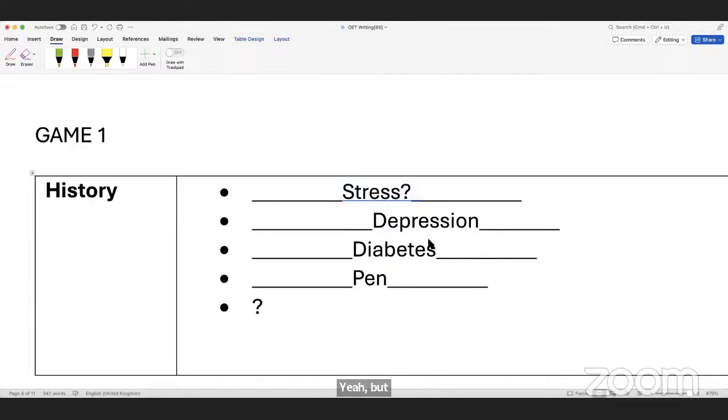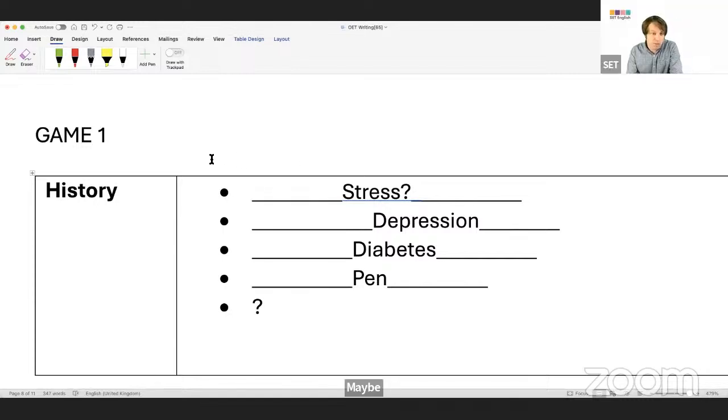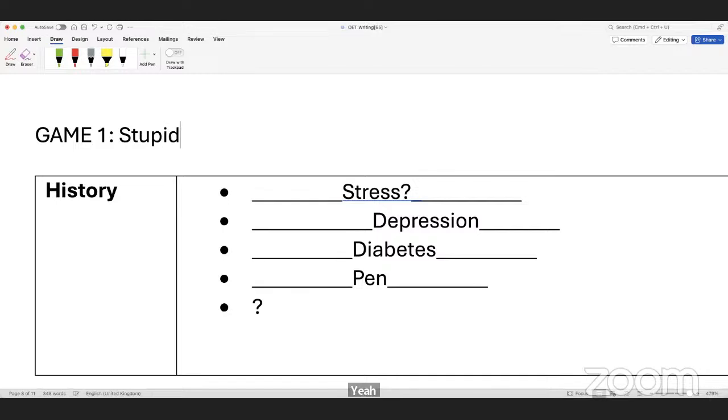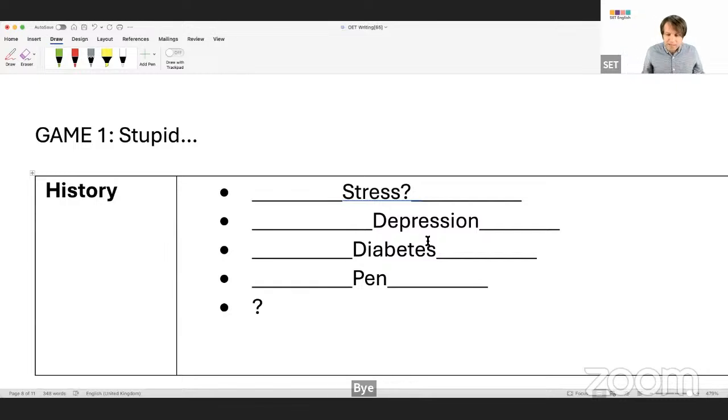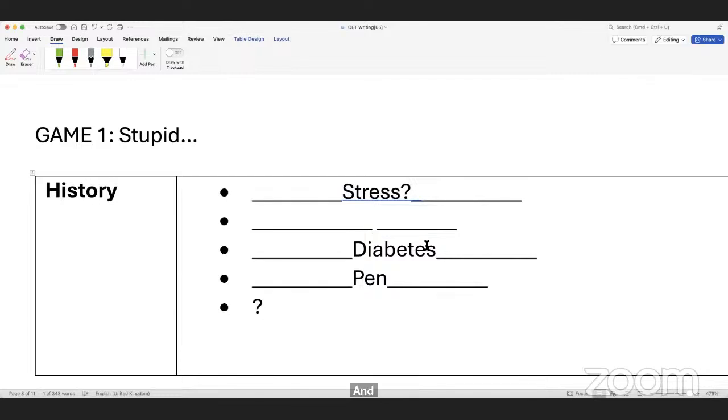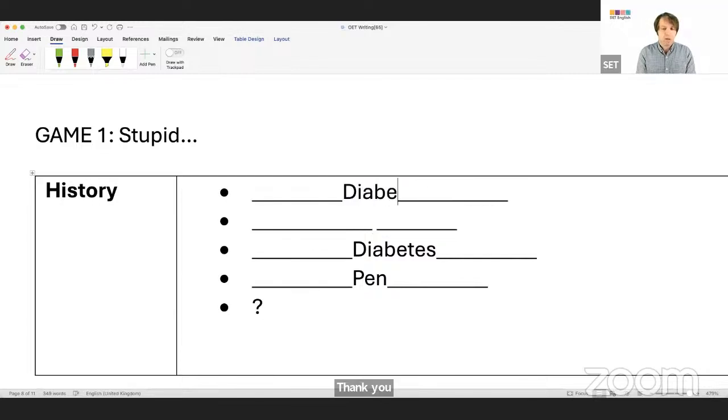I'm doing this game just to show you that really it's a stupid game, isn't it? Why is it stupid? No signpost. There are no clues, so we don't know what we need to write down. Thank you. I said many important things, definitely more than 4 things. And actually, I don't have stress or depression. That was misdiagnosed. It's just diabetes. So is the exam like this? No, right? And this is my first point.